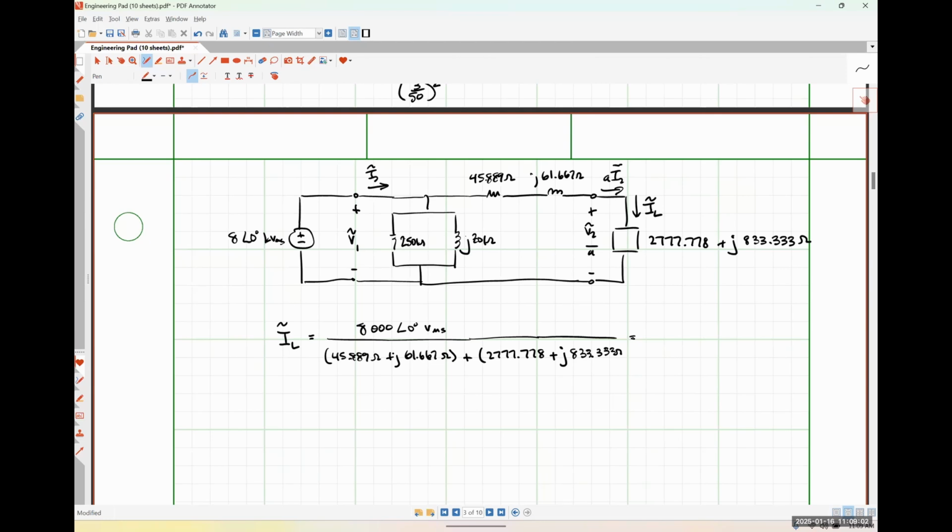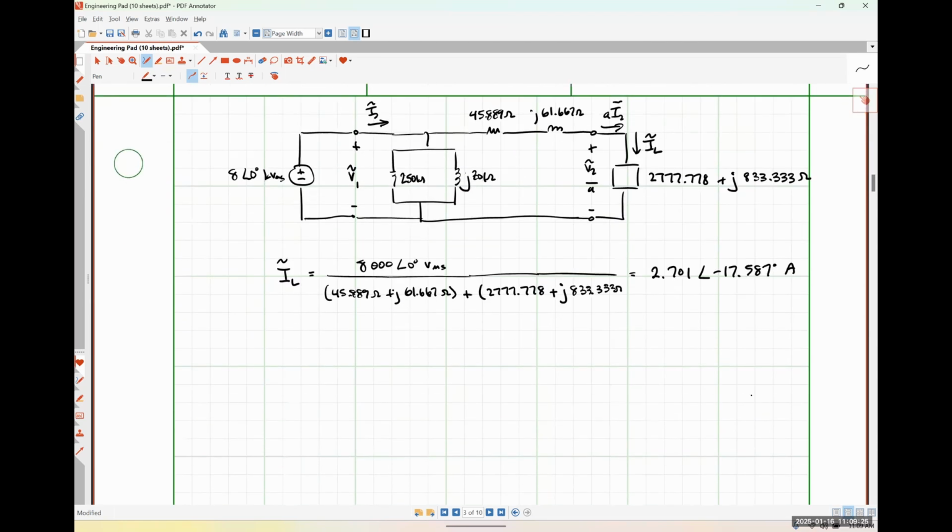I got a current of 2.7007. So let's call this 2.701 with an angle of negative 17.587 degrees amps. So knowing that current,